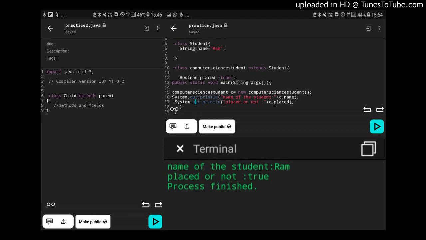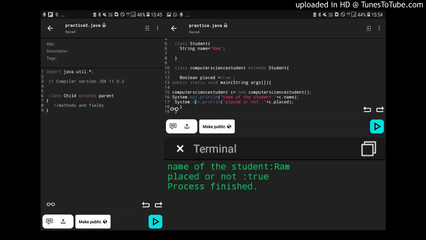Now I will show you with the help of a program how Java inheritance exactly takes place. Let's say we have two classes. One is a class Student, which is the parent class, and another one is a class ComputerScienceStudent.